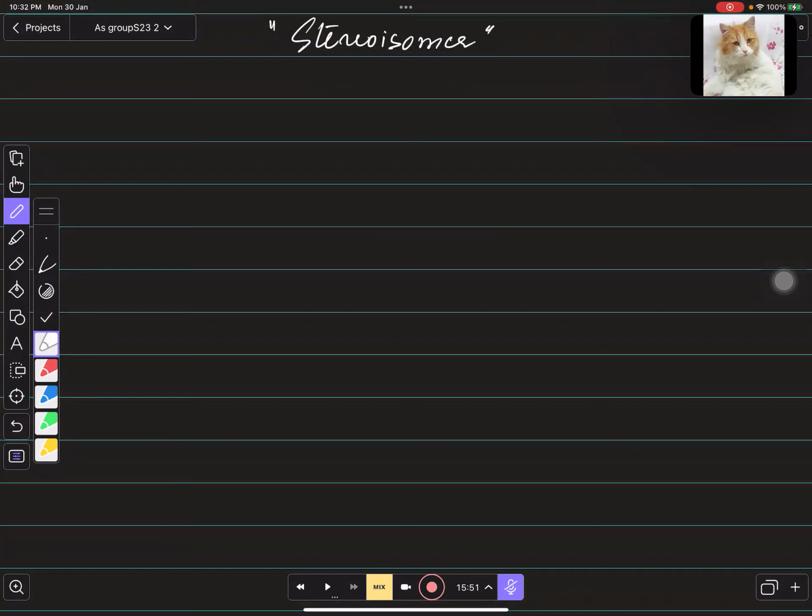What is stereoisomers? I told you that you need to keep remember the definition of this. First of all, I just need to tell you that we have two types of stereoisomers. One is geometrical isomers, and the second one is optical isomers. These two are stereoisomers, and for both of them, we have same definition. So you can say that compounds having